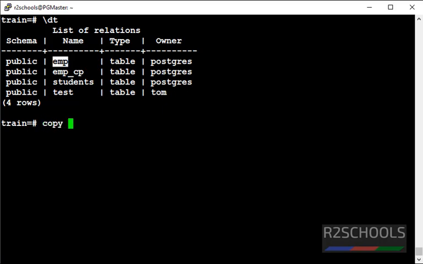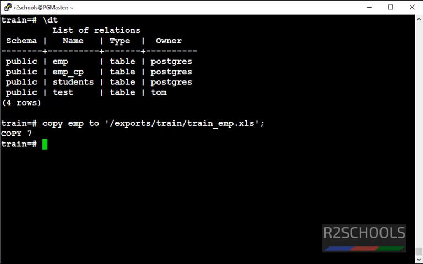COPY EMP TO single quote, then provide the path, exports, train, then provide the name, train_emp.xls, then close the quotation and put the semicolon at the end of the statement. See, operation is success.